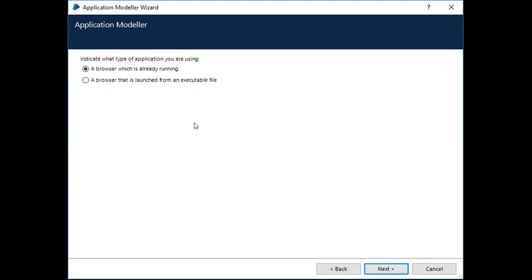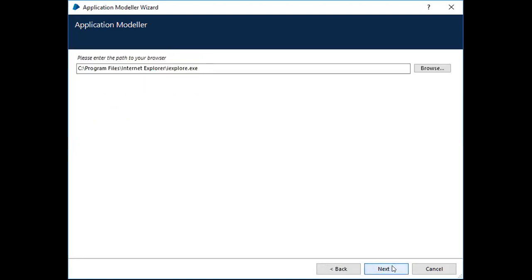Clicking next will ask you to choose whether your application is already running on the system or is going to be launched from the beginning. I'm going to choose to launch it from the beginning, because I don't want to work from an existing application which is already open. Next, it will ask you to enter the path of the exe where it has been installed.